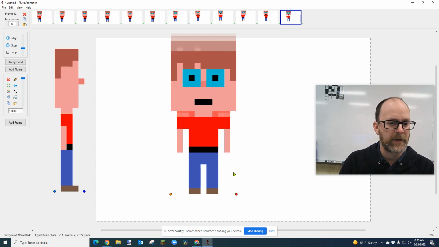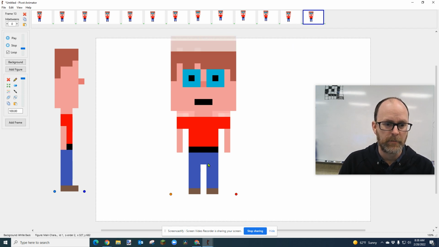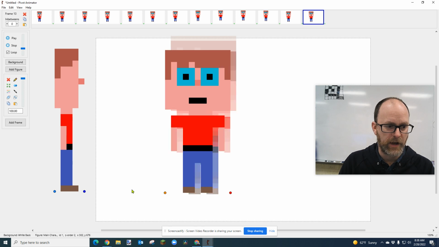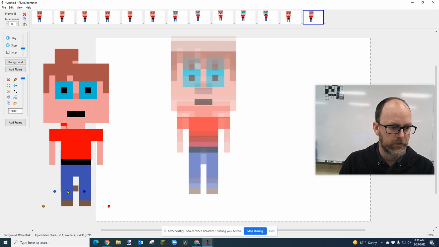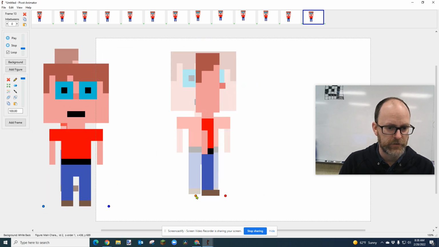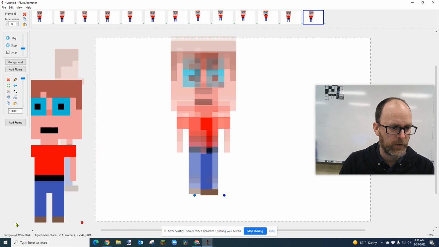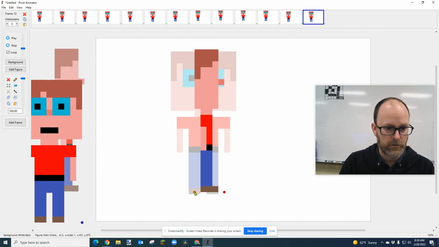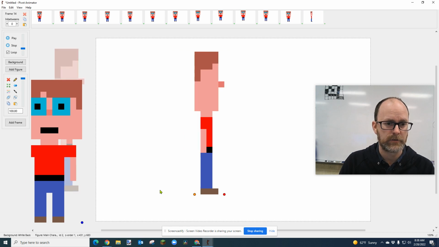And then I'm going to have him turn sideways. How am I going to do that? I'm literally just going to have one more frame of him standing there. Actually, I'm going to do a couple. And then I'm going to move this one out. Let's move it over here. We're going to swap them. I'm going to put this right where the other one was. In fact, I'm going to put him right there. And I'm going to hit spacebar. 1, 2, 3. And then I'm going to have him start moving